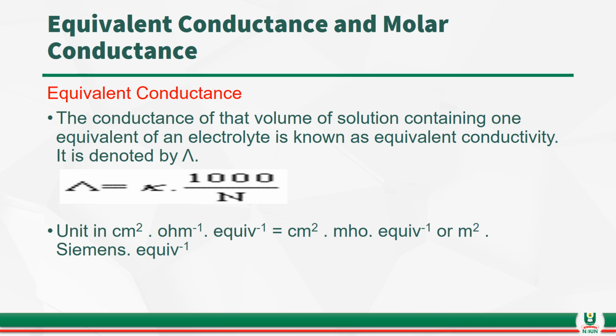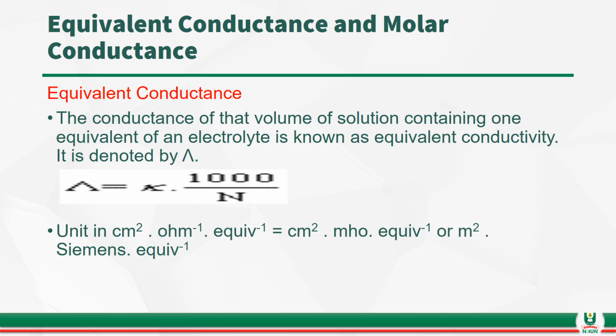It is denoted by inverted V or lambda, where lambda is equal to K times 1000 all over N, where K is the specific conductance, N is the normality, and the units of equivalent